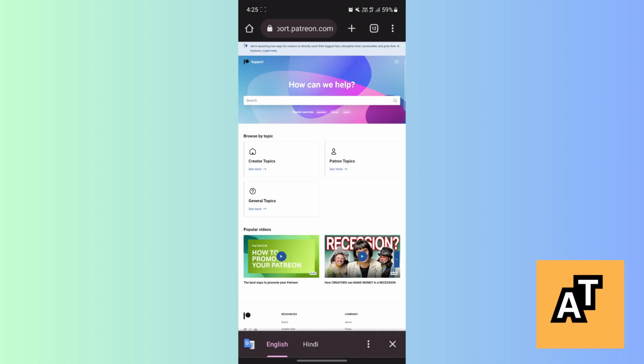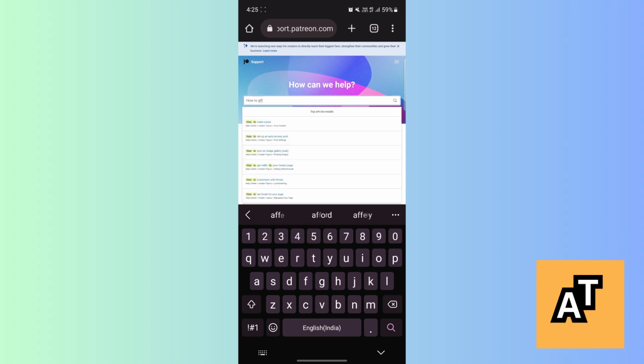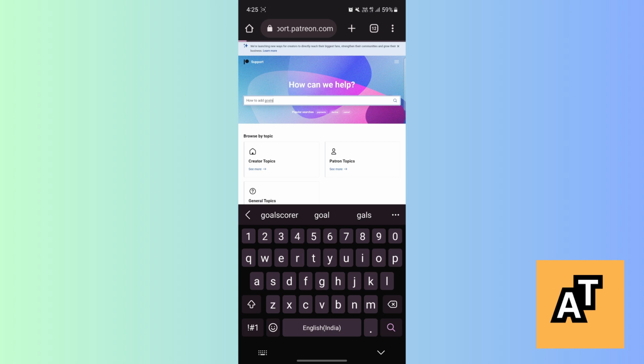You can see you have just come into a Patreon page where you can find out how we can help. So let's search how to add goals. Click on that, how to set goals for your page. Let me click on that,